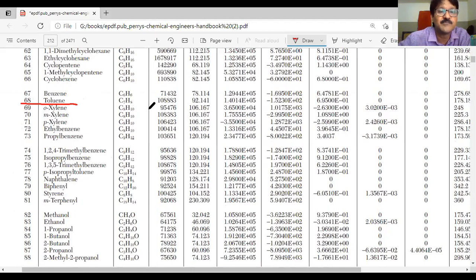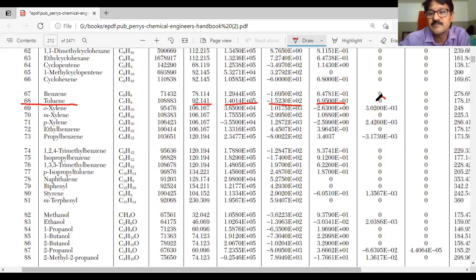Toluene. Similarly, you can see the molecular weight, write 92, and then this is C1, write C2, write C3, and C4 and C5 are 0. I have highlighted them, please all of you write the values. Write down the specific heat of toluene, and then write the value. I'll write it here only.